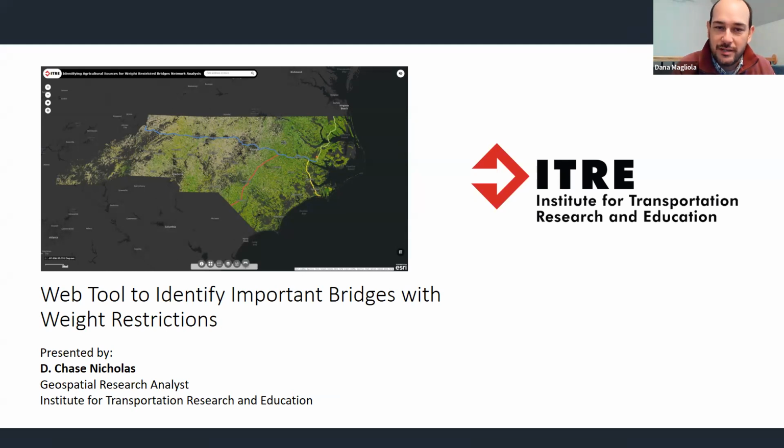This tool, developed by Chase Nichols and his colleagues at NC State's Institute for Transportation Research and Education, is just the latest in a series of resources developed by ITRE for transportation, supply chain, and planning professionals. The tool does an outstanding job of connecting infrastructure with the economic context that it both serves and facilitates. There are so many potential uses for this tool, and we've already found it pretty helpful for planning efforts around a comprehensive transportation plan, doing some investigation on industrial density in certain areas. So there's all kinds of applications, and I think as you get to know it today, you may find some